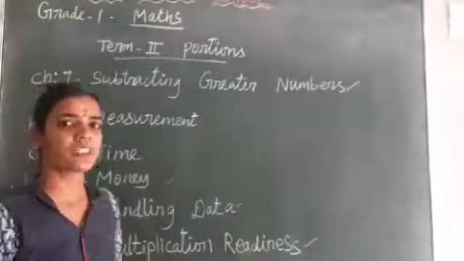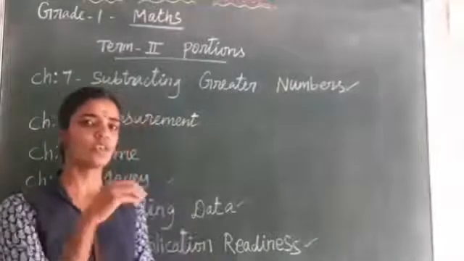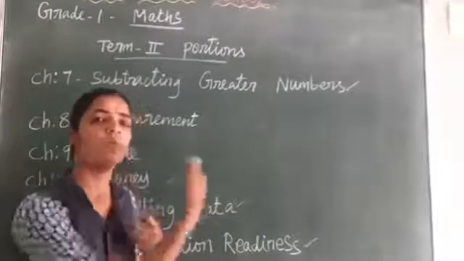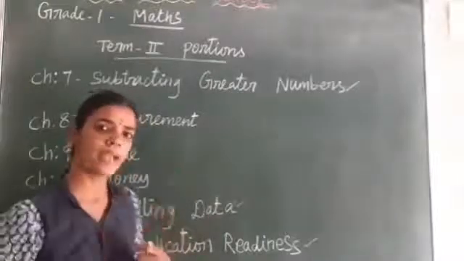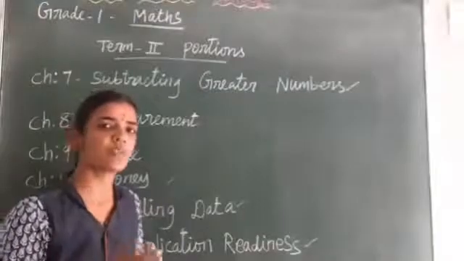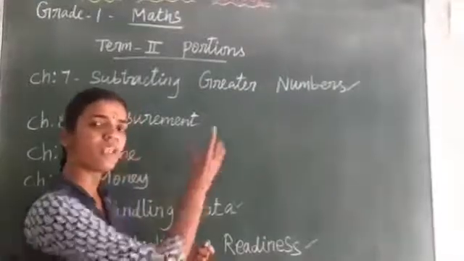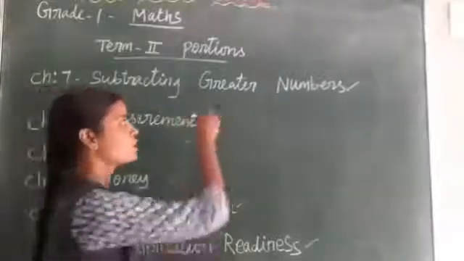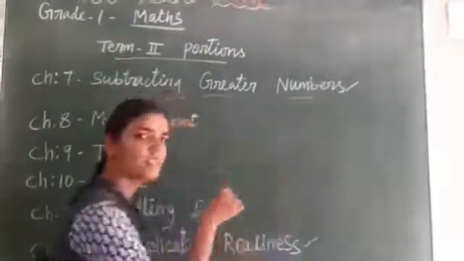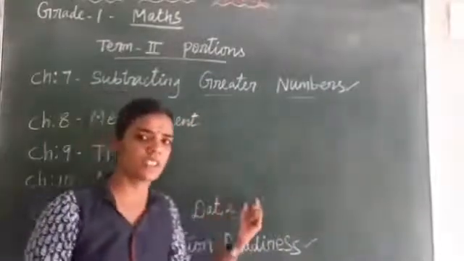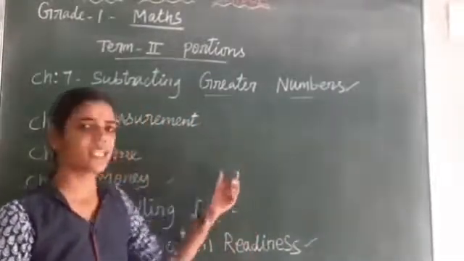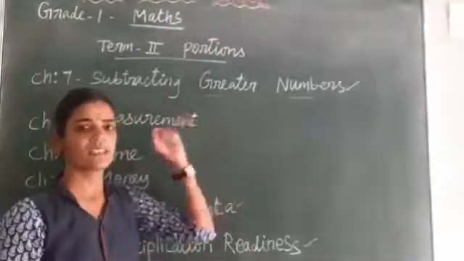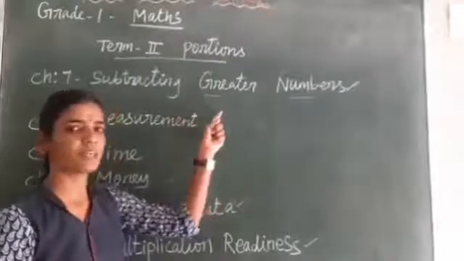In this subtraction, what are the things you have learned before? Just to recall, subtraction means you have to move backward step by step. Subtraction means what? Move backward. With a smaller number, you can easily subtract. But here, greater number means what? 2 digit. You have to subtract from the 2 digit number a 1 digit number. Next, steps like that: separate and subtract it. That is the greater number. So you have to see from this chapter now.